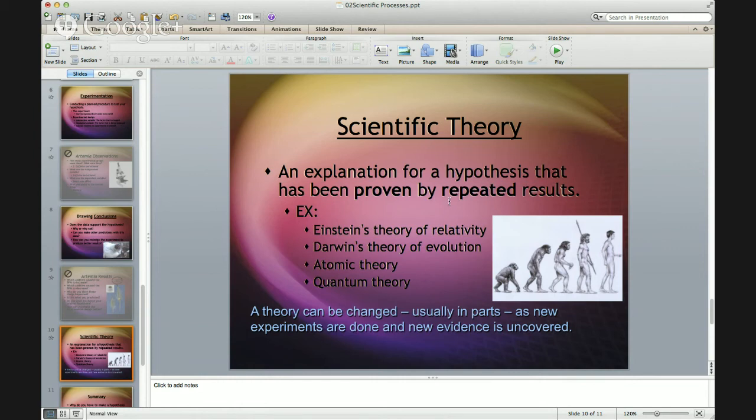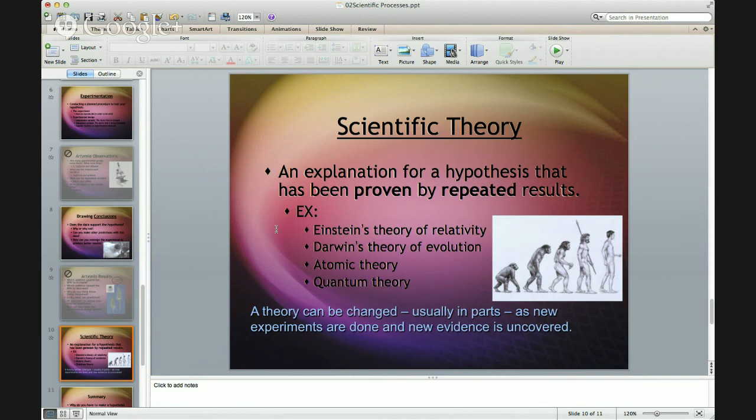Now, at some point, it can become a law, but generally, with theories, there are still bits and pieces of it that we can change and we can amend as new information is learned, or we still don't really have every little bit of information to put into it to make it an actual law. Okay, so theories are still, in the scientific term, that which we are most sure of, and it's been proven. So when we say Einstein's theory of relativity, it doesn't mean that we just sort of think